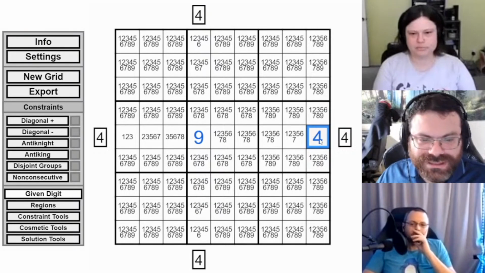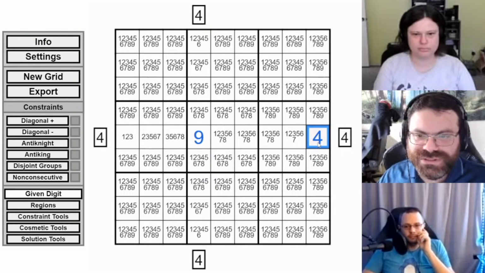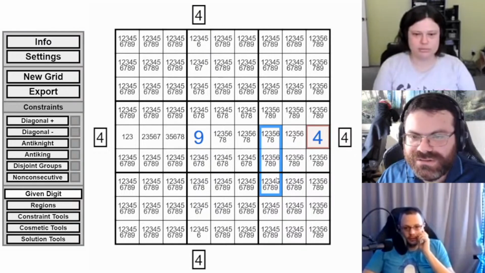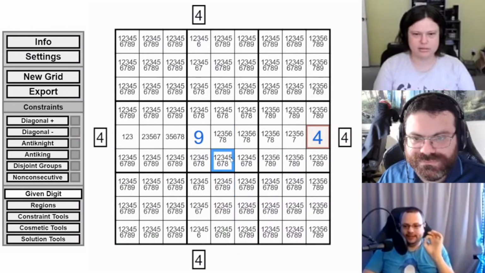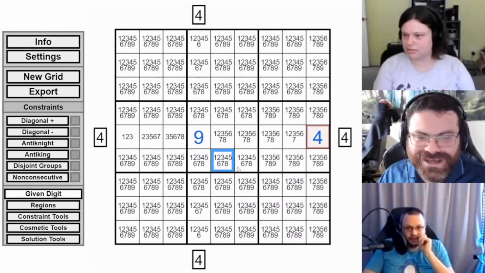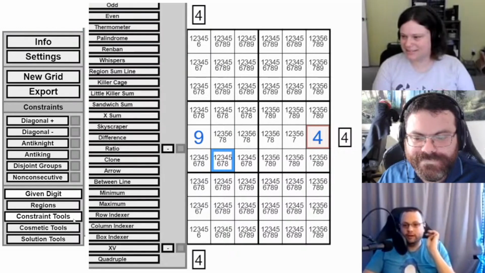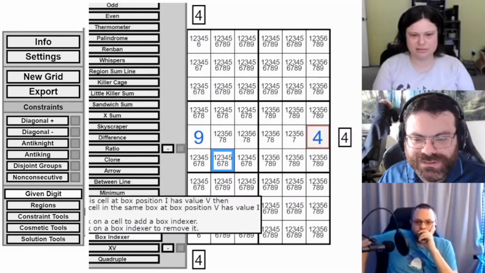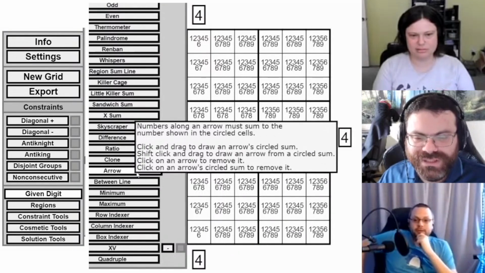And build off that. Are we sticking with just skyscraper and indexing, or did we want to introduce any kind of third constraint? I don't think we have to introduce a third constraint, but if we are, we should start thinking about that. That would be the time. So we so far only have one indexing, right? Yeah, we could do multiple kinds of indexing. How about we do arrow circles are indexes? You could easily do that in your software, where you just drop an index on top of the arrow circle. Then you could make the 4 an arrow circle, and that would give you a lot of information that would be relevant.